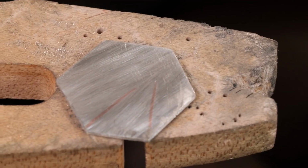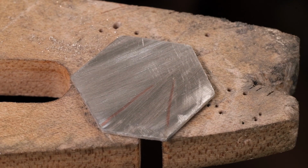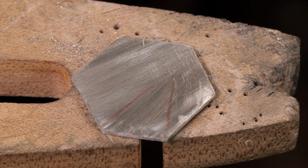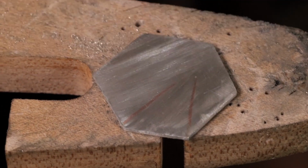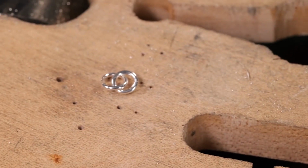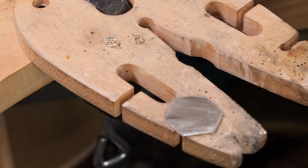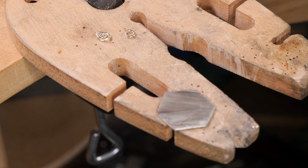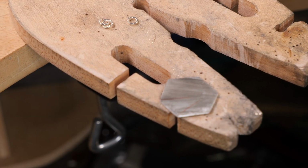And that's my pendant nearly finished. I just need to put a bail on that. And for that, I will be using some sterling silver jump rings. And to make my bail, and I'm just going to make a half bail, I just need to get my pair of tweezers